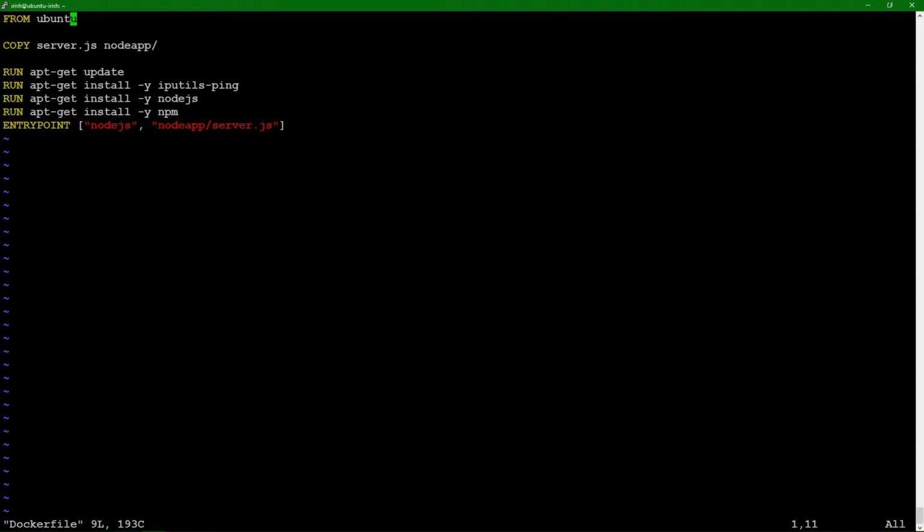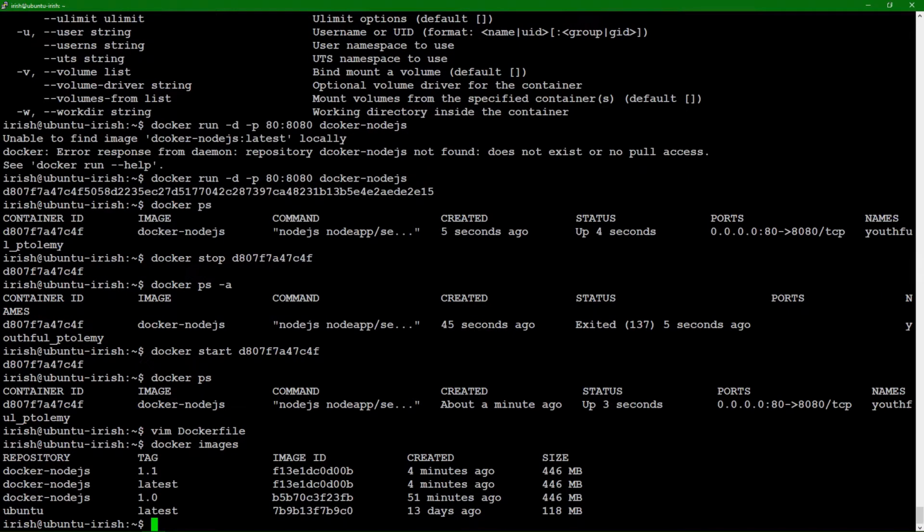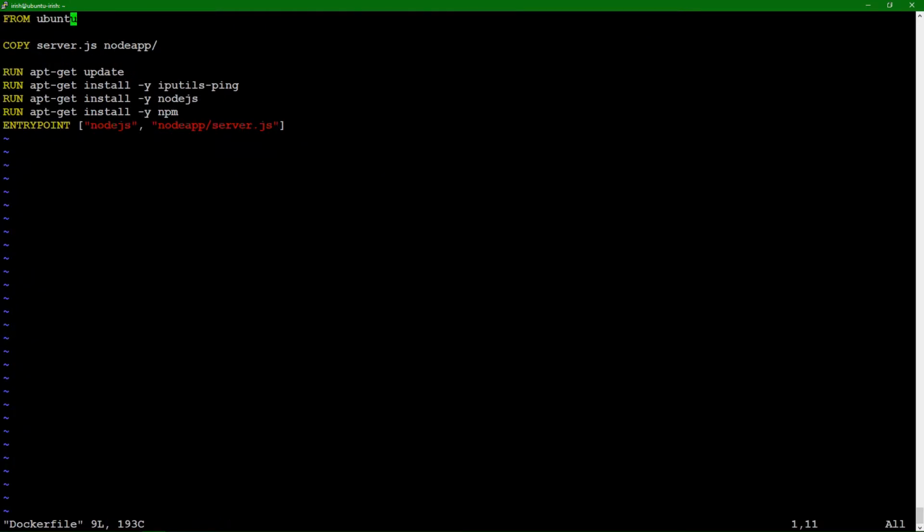Right here, this is the base that we're using, and we'll notice in Docker images that this is fairly large. Ubuntu can get large depending on your needs. Maybe you need Ubuntu. I did Ubuntu for familiarity purposes here, but it is completely viable to use something like Alpine, which has a much smaller footprint. So if we were to do Alpine and then